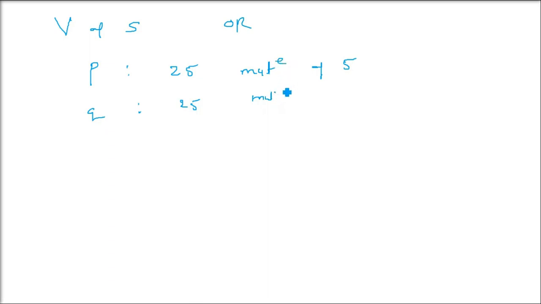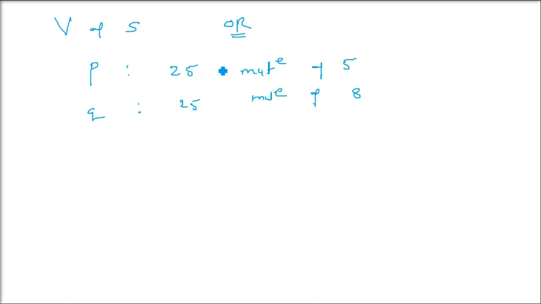Why not see it for or also? So we'll see it for or. Same example we are going to take, and then we are going to check the validity of the statement with or. So let me write this statement again. P is 25 is a multiple of 5. I'm writing it in short because it is the same as the previous one. Q is 25 is a multiple of 8. Now we have these two statements. Let us check the validity of the statement with or: whether P or Q is true or not.